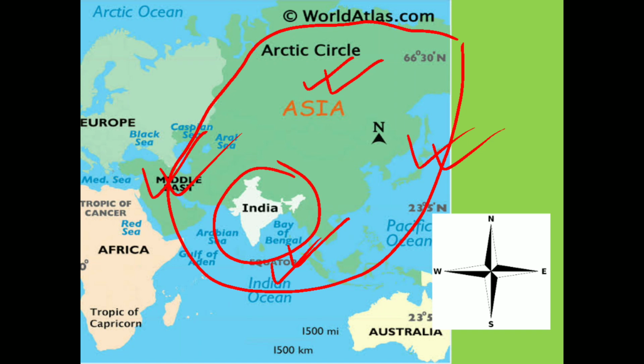Besides that, we need to know about some geographical facts. That is, India is the second most populous country in the world. You can see that over 130 crore people live in India. Okay, and the next thing is India has the most diverse climate as well as the most interesting climate zones inside India.